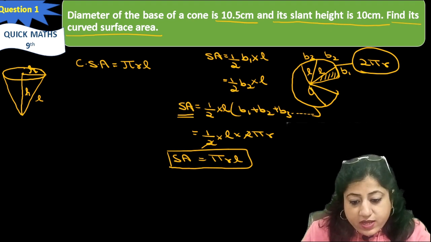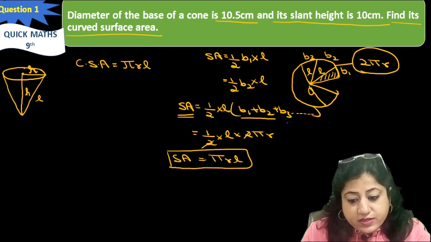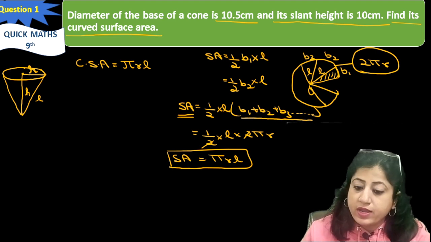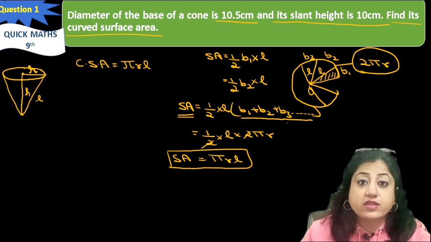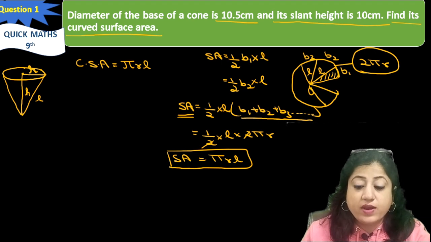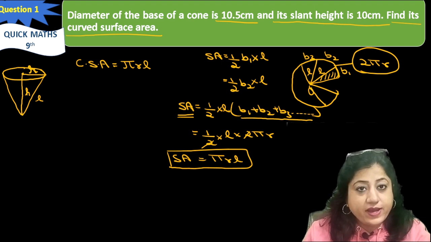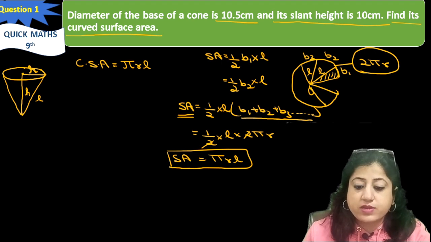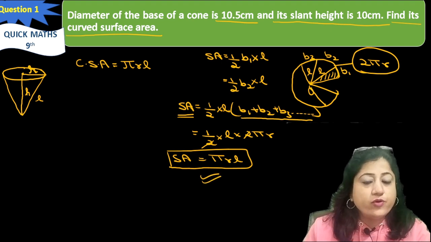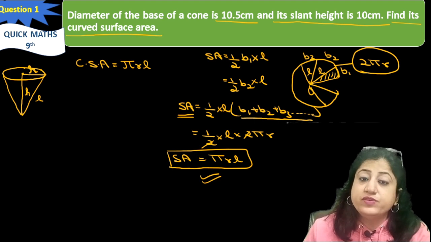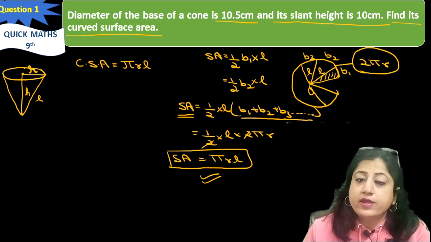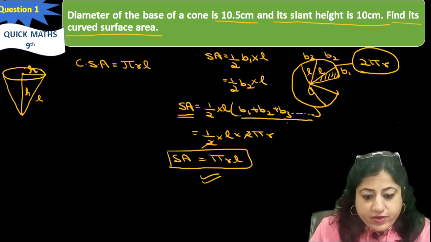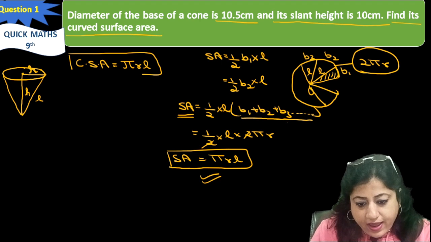So in case of the surface area of a cone, we will add the bases B1, B2, B3 and so on. And when we add the bases, then the addition of bases will give the circumference, the outer distance of the circle, and the circumference formula is 2 pi r. So we will put 2 pi r, 2 cancels out, and the surface area comes out to be pi r L. So before doing the first question of this exercise, first we should know how the surface area of this cone has been obtained. So the curved surface area is pi r L.